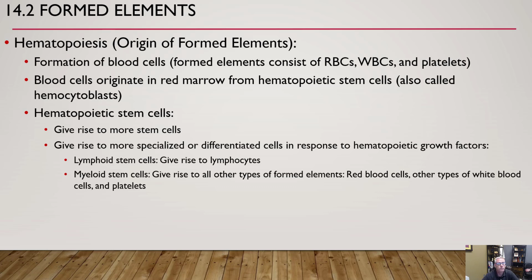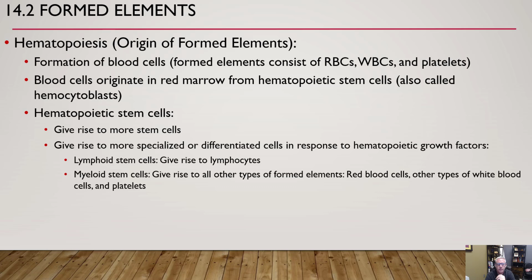Okay, so formed elements. Remember, your formed elements are red blood cells, white blood cells, and platelets, and they originate in the red bone marrow of the skeletal system of long bones and some other bones. But they originate in the red bone marrow from these stem cells called hematopoietic stem cells. And they're also called hemocytoblasts. And basically these hematopoietic stem cells, or hemocytoblasts, are going to give rise to more stem